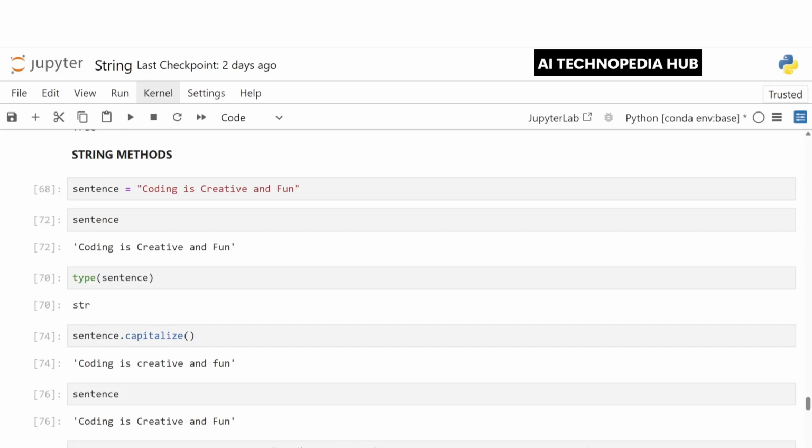Now, let me show you a simple way to explore these string methods in Jupyter Notebook or any Python environment. So, let's see an example now.